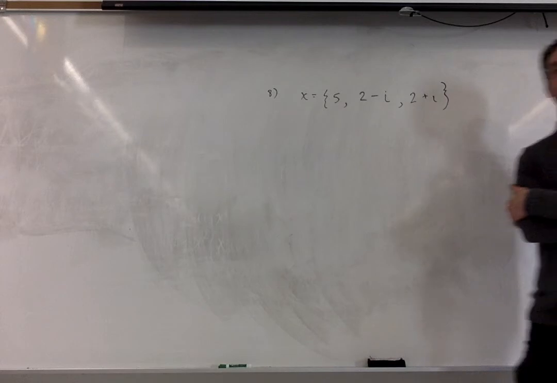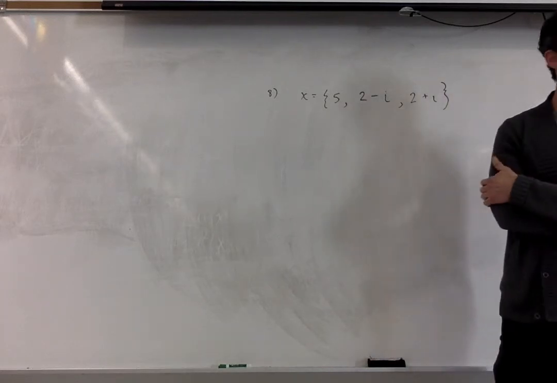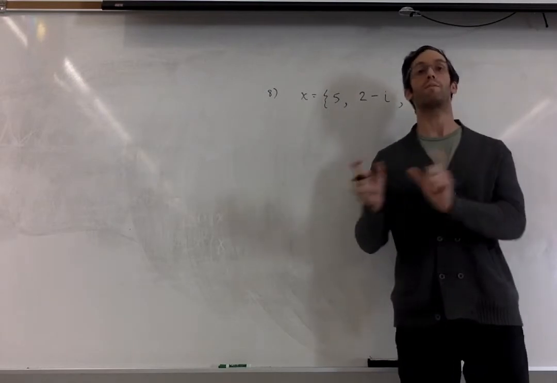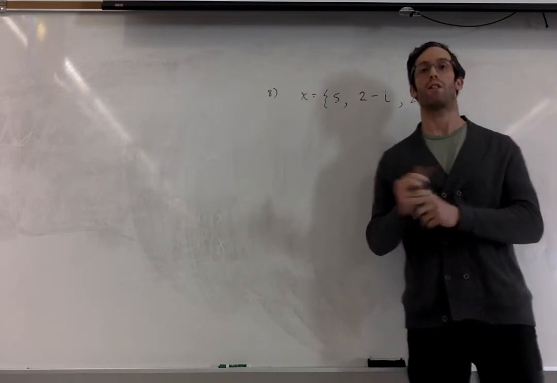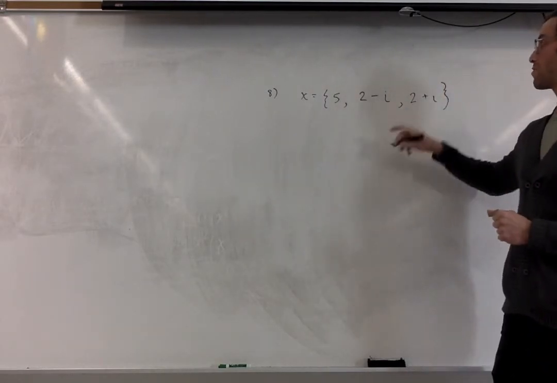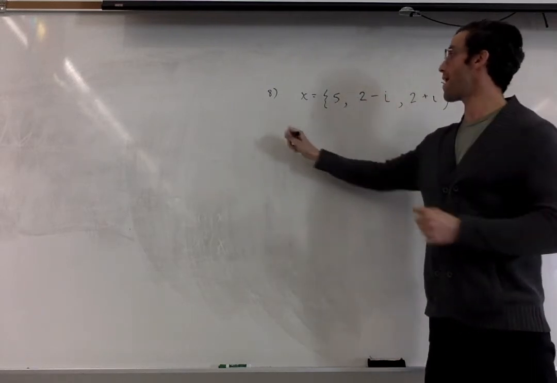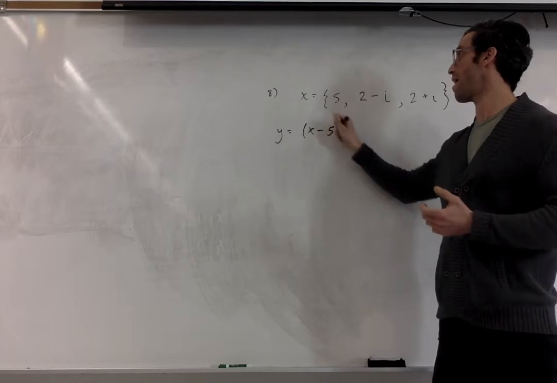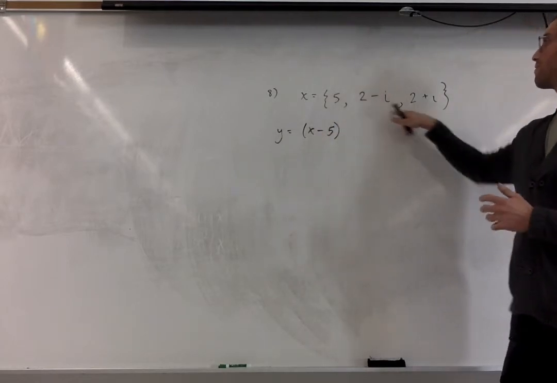So my recommendation for this problem, which is going to be a bit of a long problem, all right? But I recommend using sums and products to handle the imaginary roots, all right? So, okay, we know one factor, we're looking for an equation, right? So y equals, we know one factor is x minus 5. The other factors, okay,